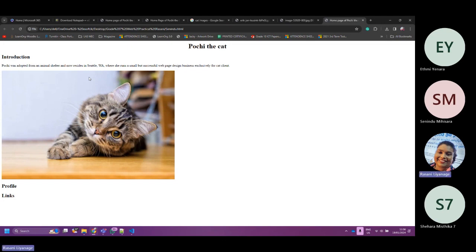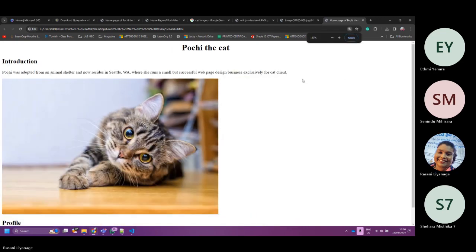Oh, it works for me. That means your code is right. Check in a different browser. Edge. This is working. No problem.